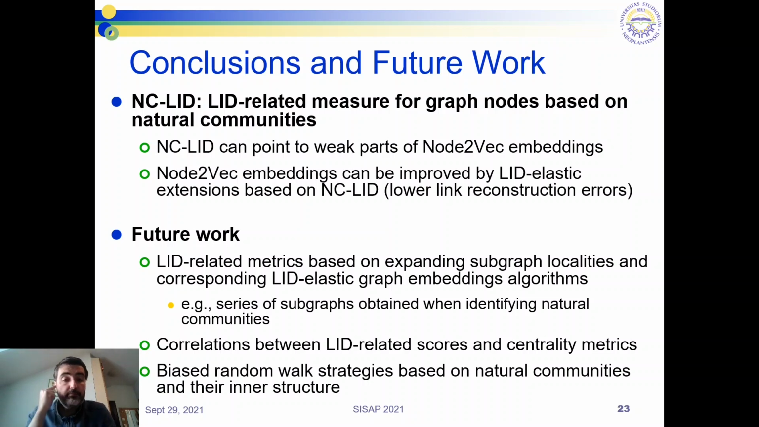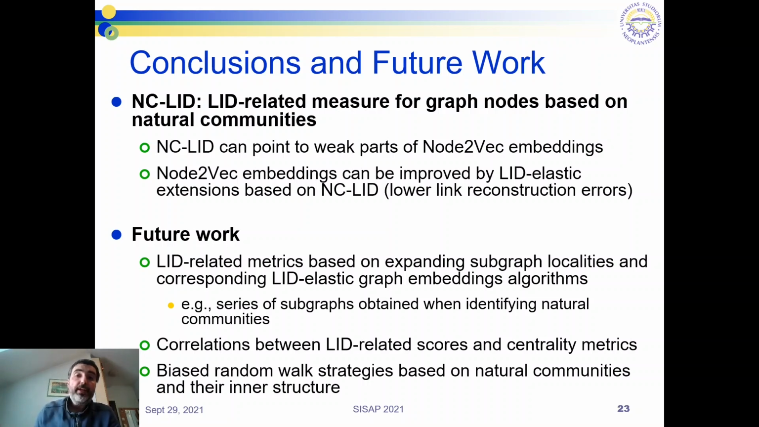Also, what we have been looking at already are correlations between NCLID and some other LID value scores and some other metrics on graphs from the field of complex networks, like centrality metrics, and there are some interesting observations there. And also,